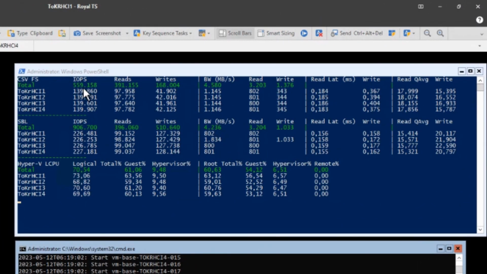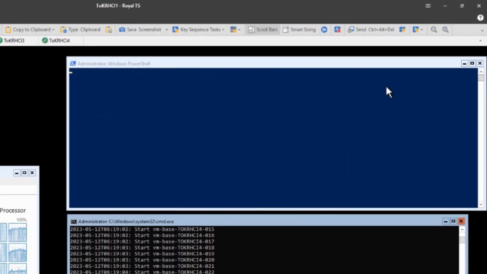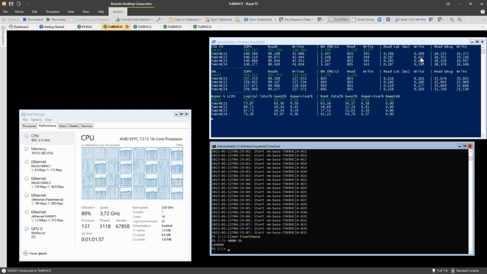And if you look here, it's 560,000 IOPS. Look here, we have a write latency around 0.4 milliseconds. And the queues are manageable. The average queue depth, of course it's busy, but you can still work with it. We could start an IO meter in another VM. Maybe we do that, and we see that it still works. We can still work with our VMs. And you see here we have a little bit of CPU left, so we can increase our IOPS if we